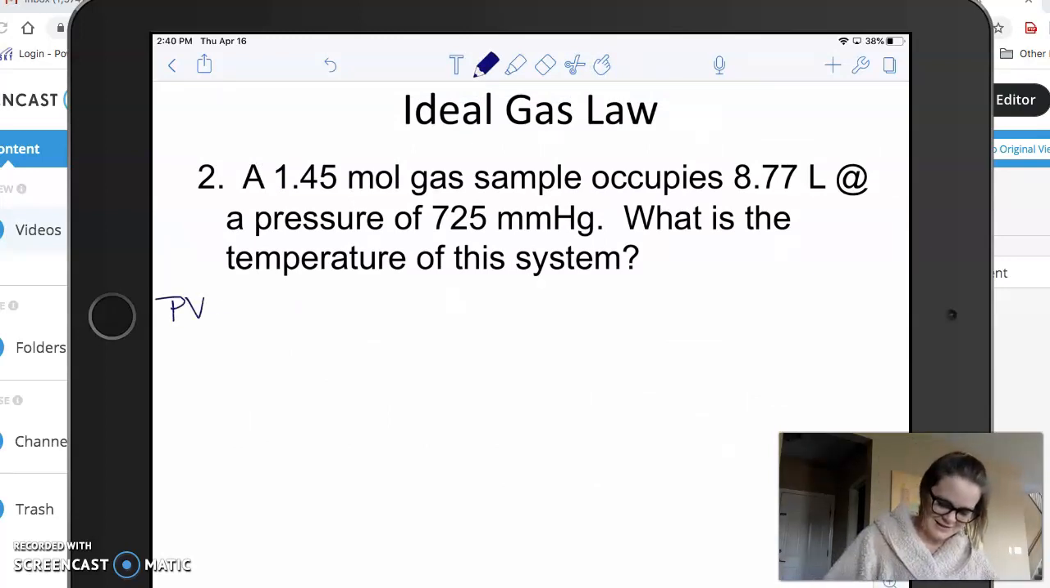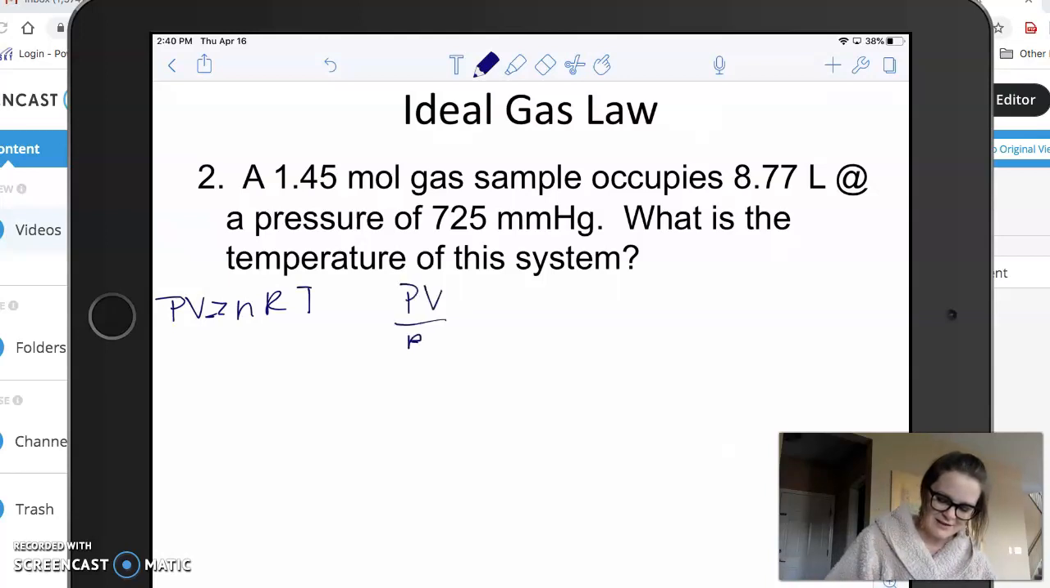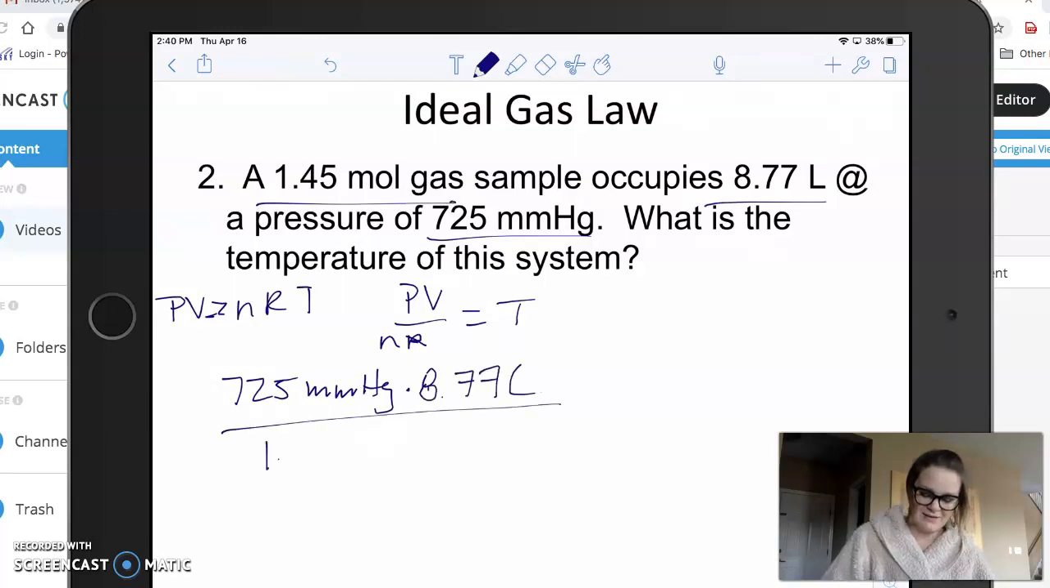We're going to use the ideal gas law again. PV equals nRT, except now in this problem we're solving for temperature, so if we do PV divided by n and R, we get temp. So in this problem, pressure is 725, we're just plugging variables in. The volume is 8.77 liters, divided by the moles, which is the letter n, 1.45, and then we've got that